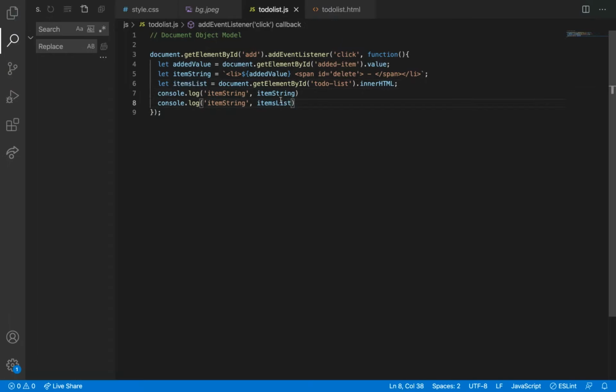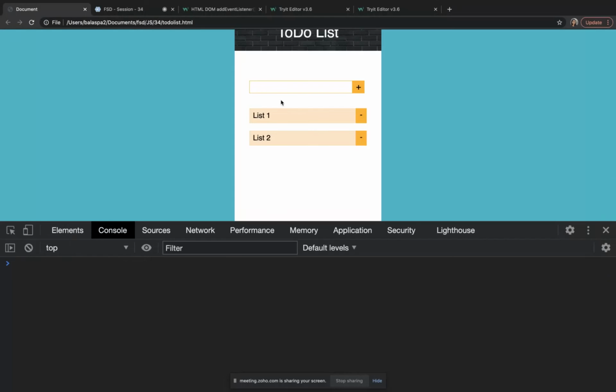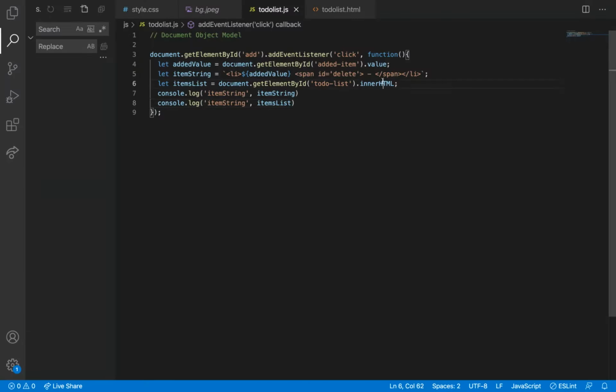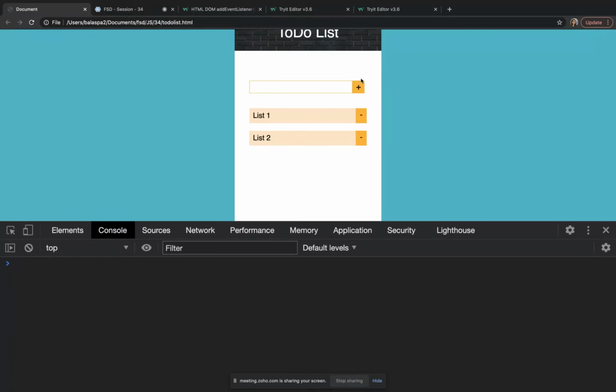I hope we can add without innerHTML also. Let me try first with this. So I got this list using this. Without this also I can get it, but let me check.